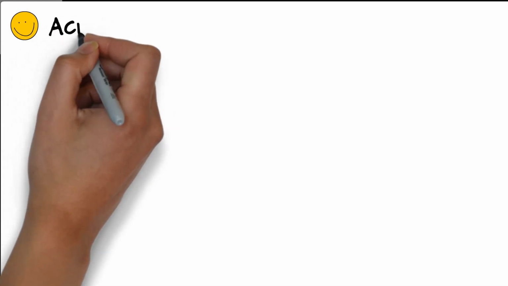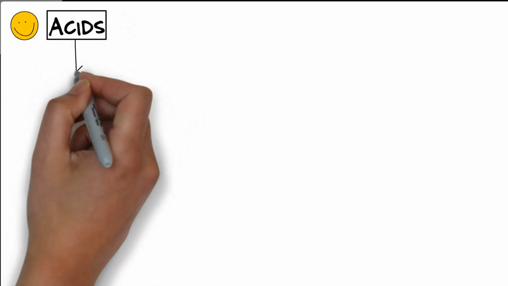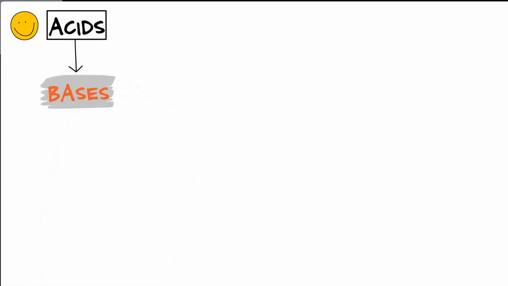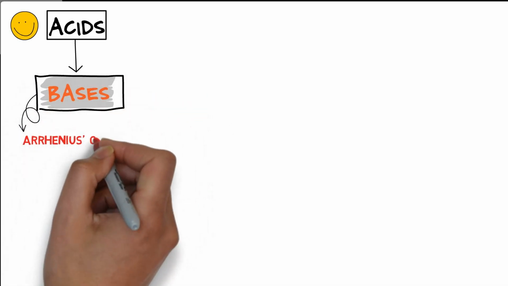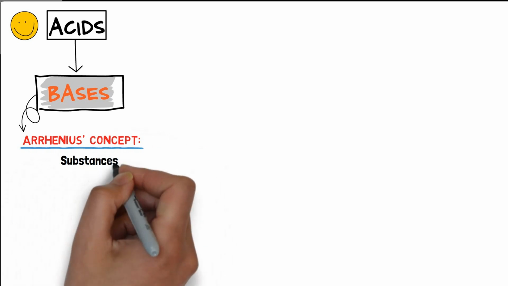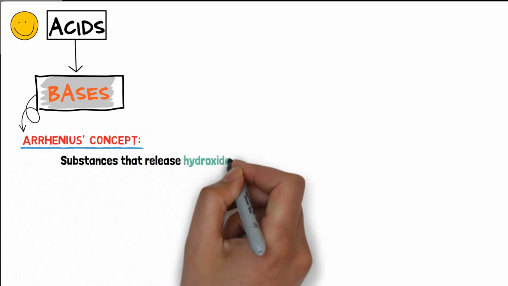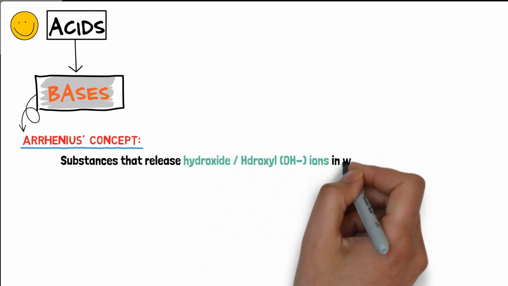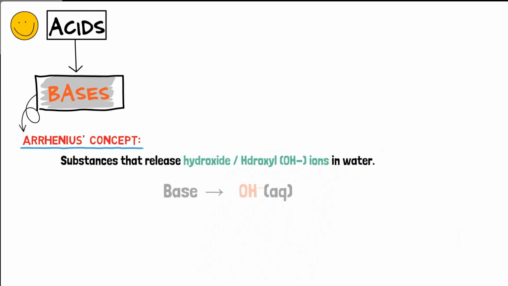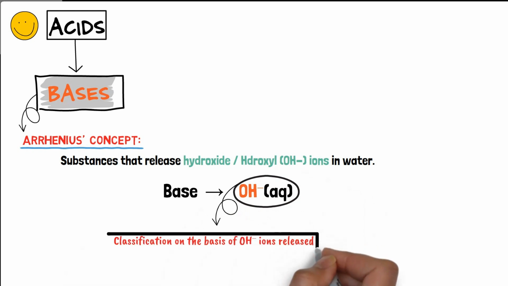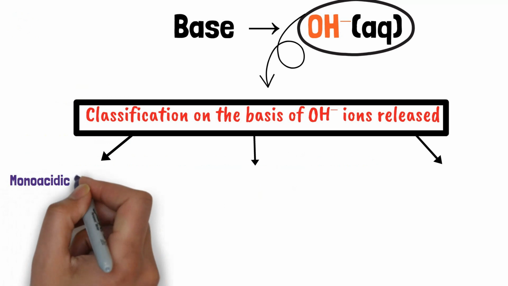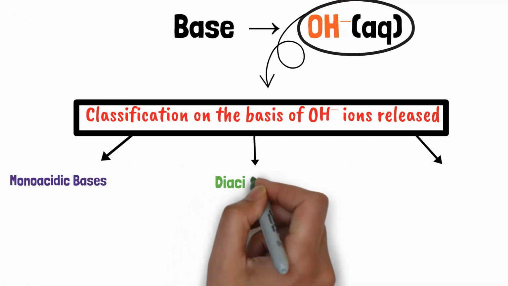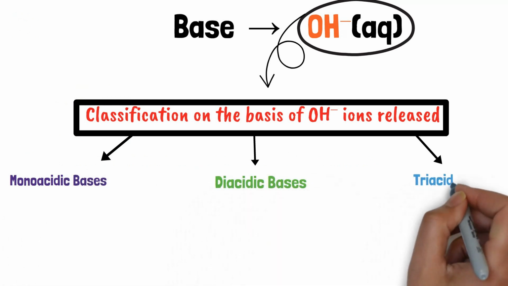In the last video, we talked about acids. Now let us move forward and learn about the chemistry of bases. According to Arrhenius concept, bases are substances that release hydroxide ions in water. Depending on the number of hydroxide ions released, we classify them into three types: monoacidic bases, diacidic bases, and triacidic